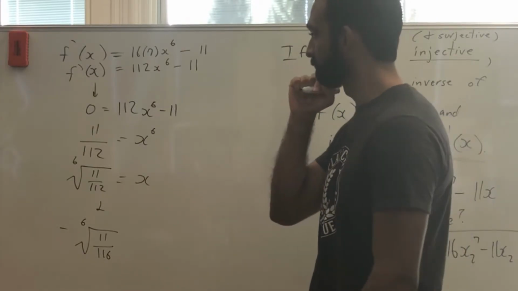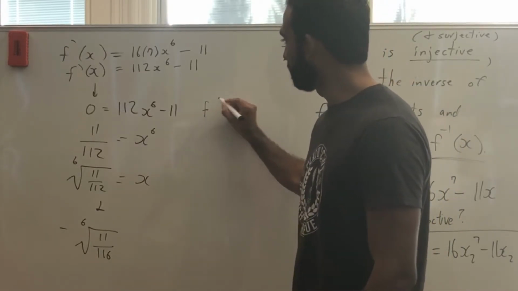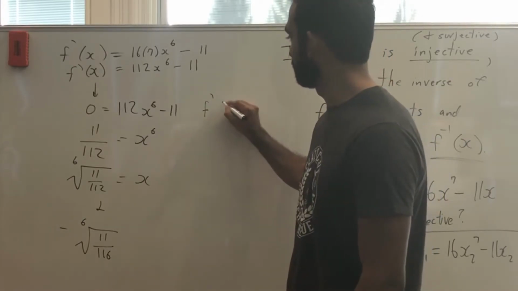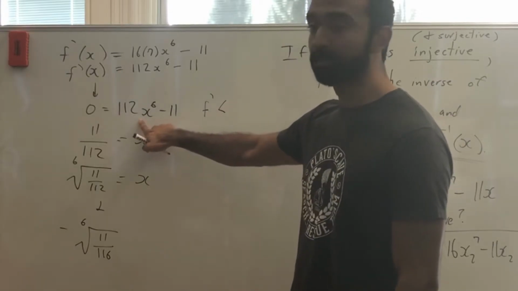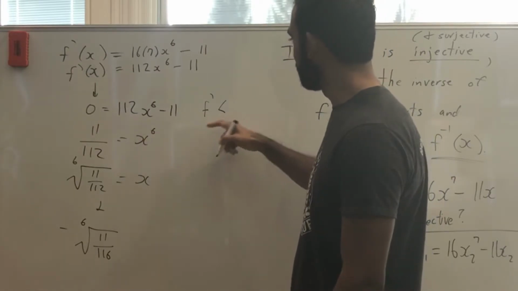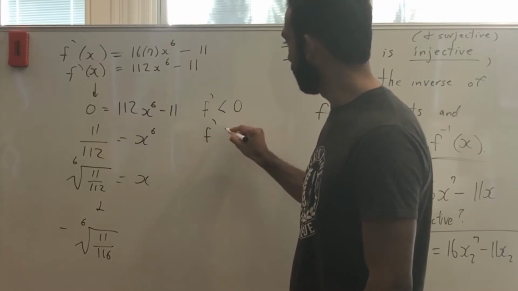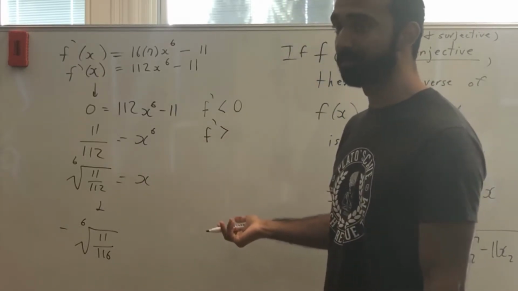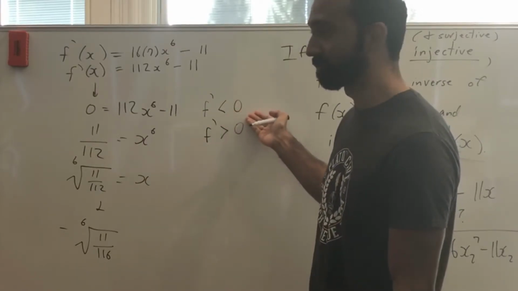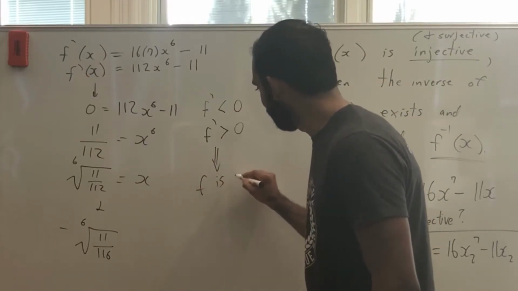You also have to find the values where it's negative and positive. Is f prime ever negative? Yes. For example, if you stick 0 in for x, you get negative 11. So f prime is occasionally less than 0, and also sometimes positive. And where they transition, the slope was 0. So f is not